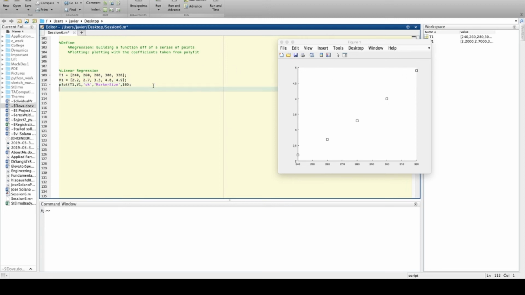To do this, we're going to use a function, like I said, called polyfit. We're going to define linear coefficients as polyfit. We open it up. It asks for x values, y values, and a value n. So temperature is going to be our x value, volume is going to be our y value. The value n is going to be a 1, because we're looking for a 1-degree polynomial. Not a second degree, not a third degree. We're looking for just a linear line, a 1-degree polynomial. So if I run this,